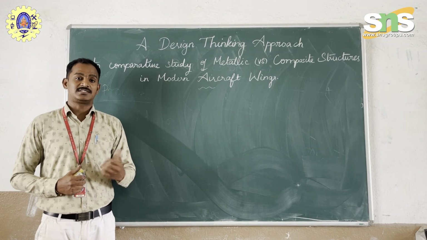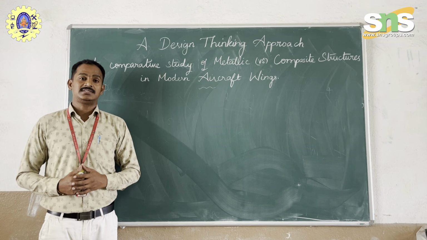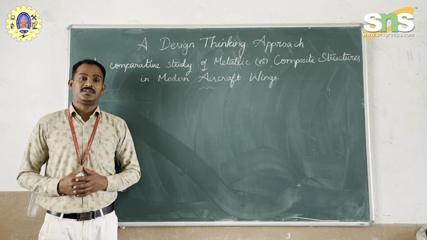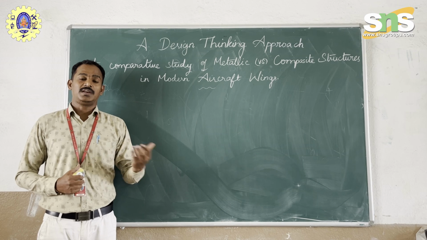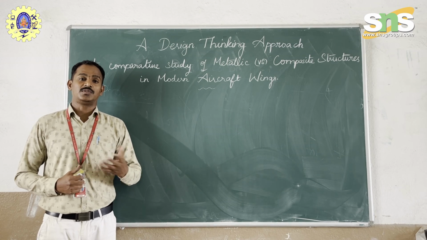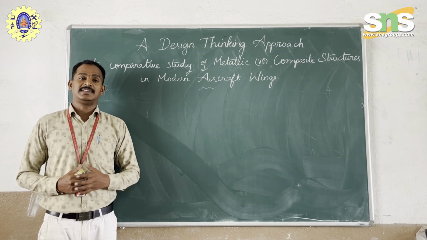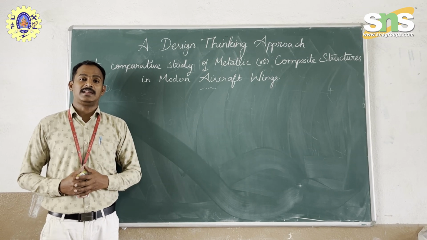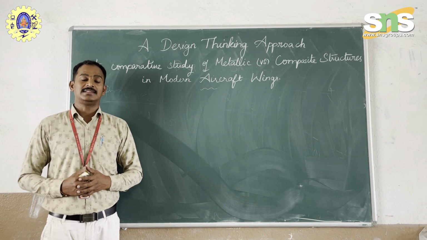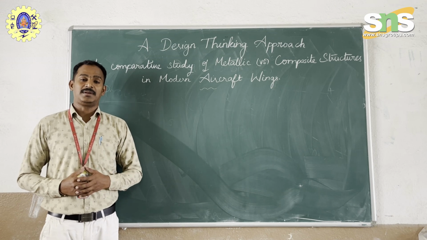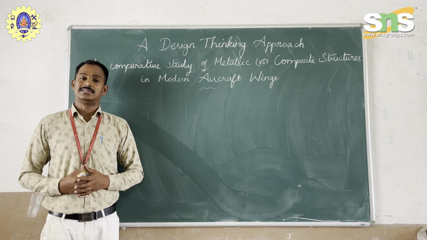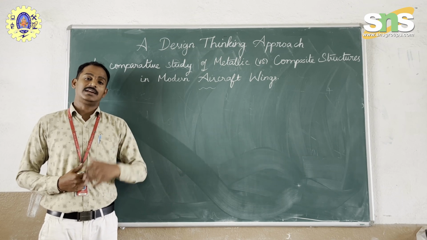On a systematic study on metallic versus composite material structures, which are used in modern aircraft wings. Here we have the students who are going to explain the 5 stages of design thinking in the application of metallic and composite material structures applied in aircraft and modern Boeing and Airbus series, and they are